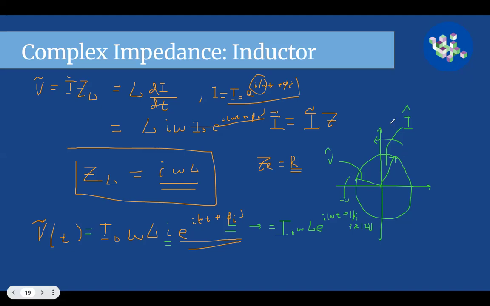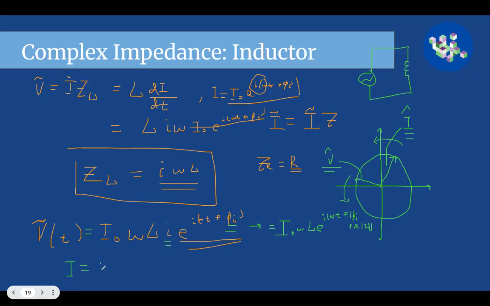So the cool thing is that if you think of your voltage and your current as unit vectors that are rotating in a circle, right now we're just looking at the case where you have an AC source and then an inductor. That's your inductor. You'll find that the voltage is 90 degrees ahead of the current, right? So in other words, I'll say